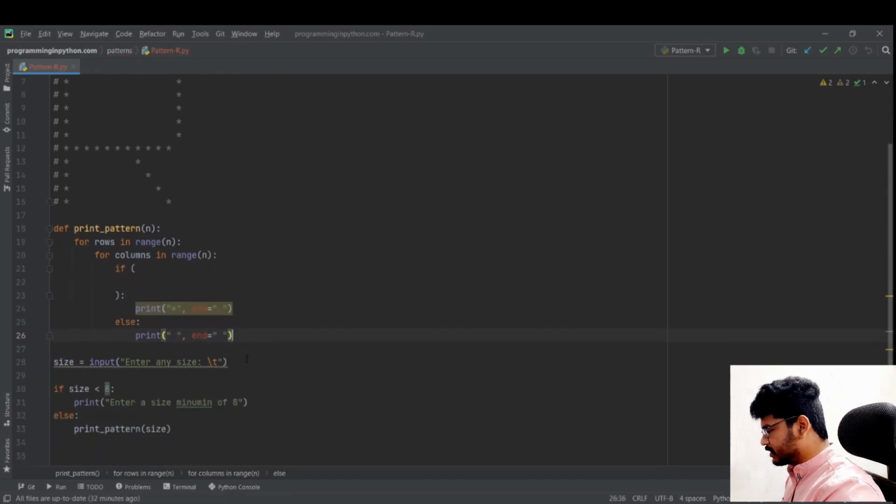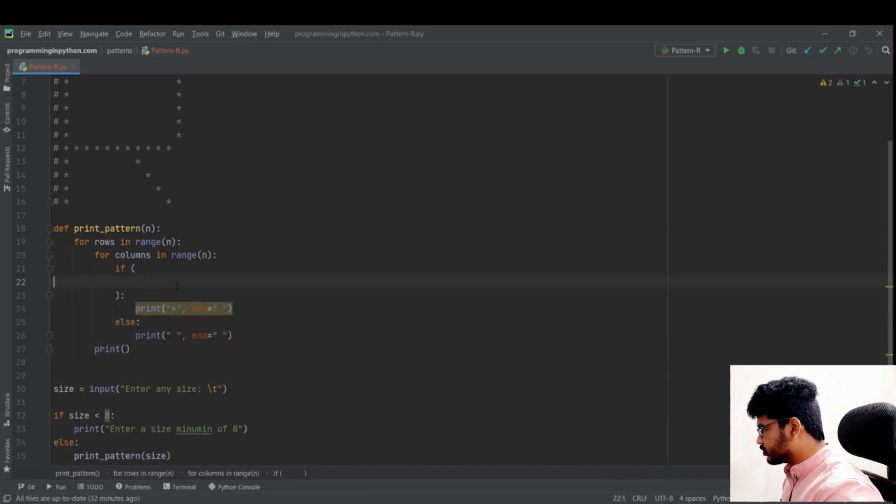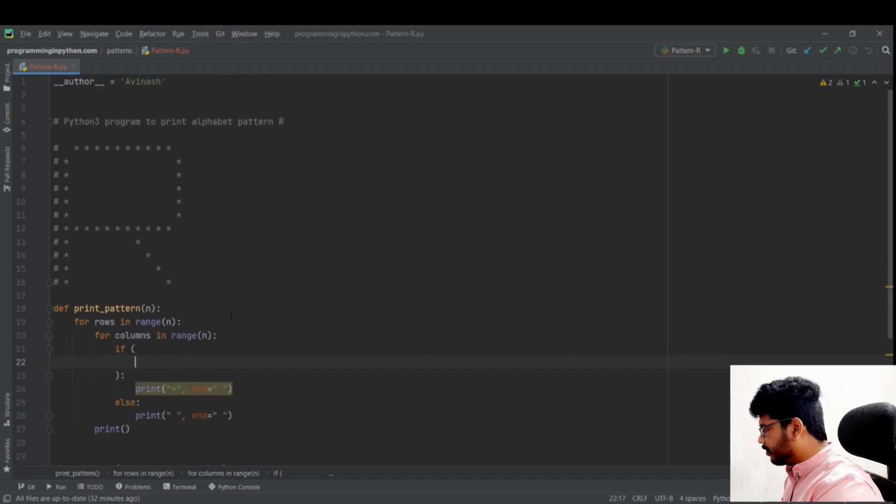Also after the first for loop, I said we need an empty print so that we can go to the next line. So now it's time for writing the conditions here. In the if there are 4 conditions, that is the first row. For the first row, our row should be equal to 0. If rows equal to 0, actually it should be row and column, okay, no problem, we have defined rows and columns. If rows equal to 0, and you should see this is row 0, and there are conditions to omit this space and this space.